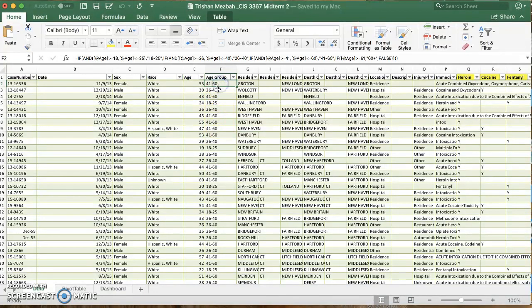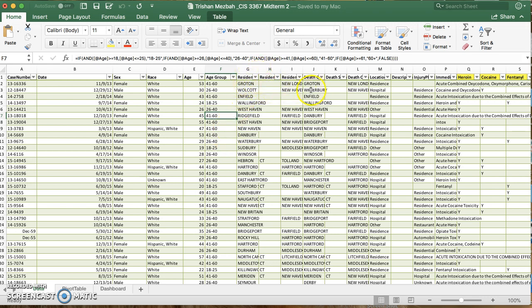I made an if statement for age group, so that I can make my own column for my own chart for age group. I made an if statement so that it's easier to put into a pivot table and pivot chart.